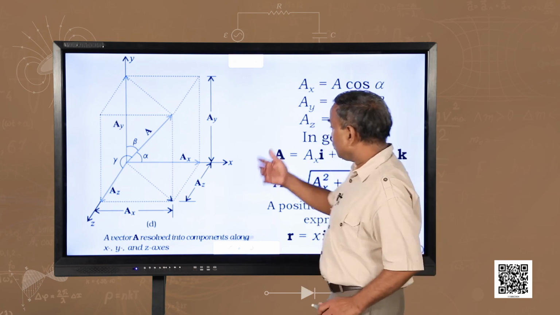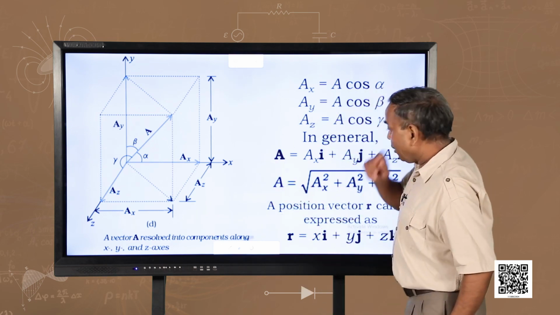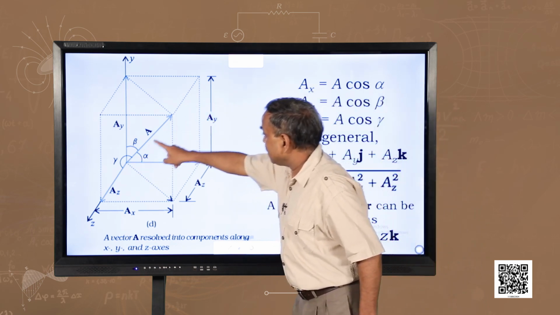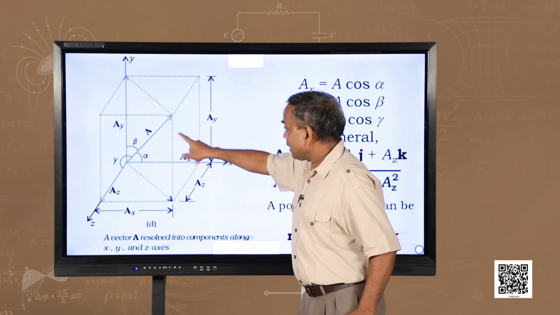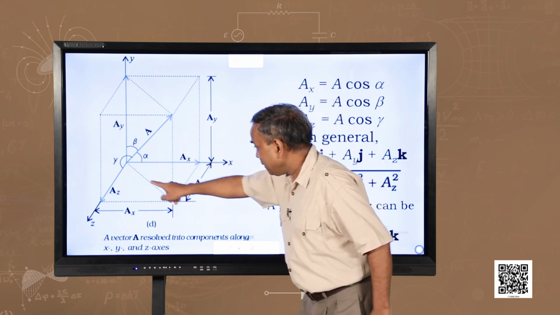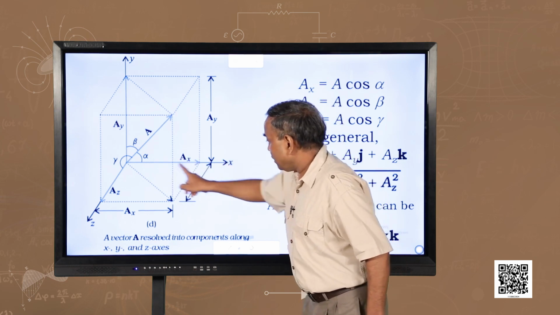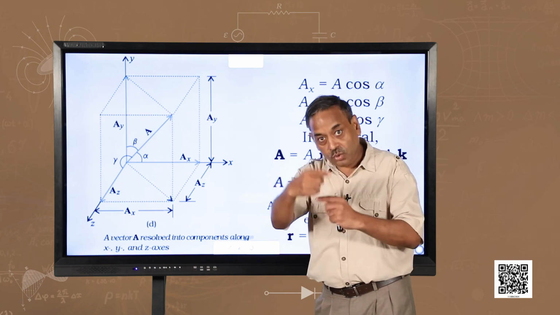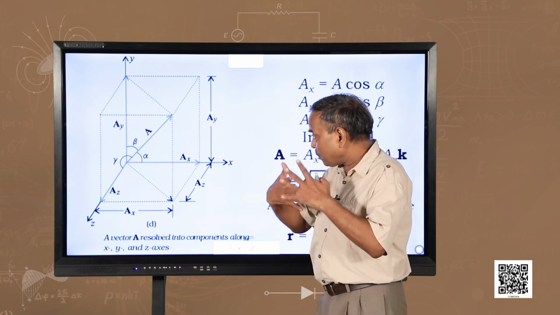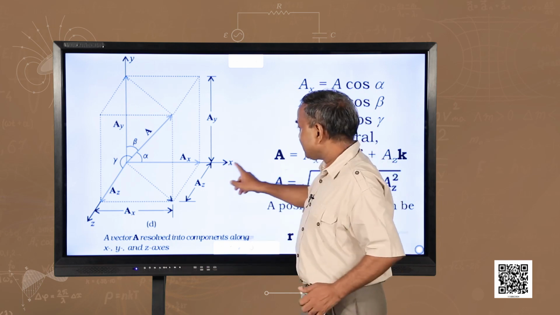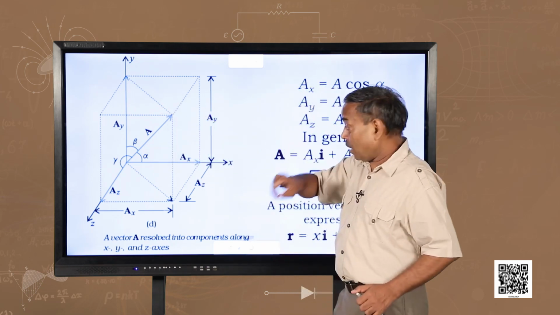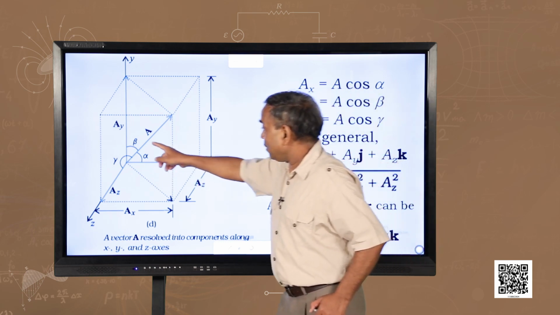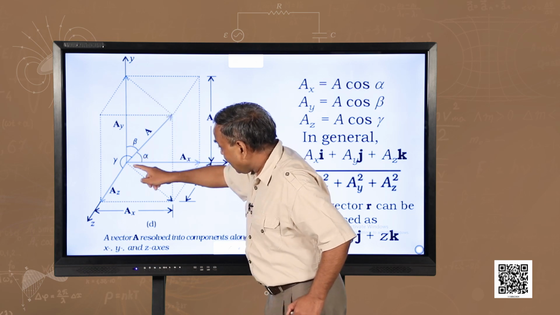Now, let us do it in the 3 dimension case similarly. In the case of 3 dimension, you see this is a vector. This vector A has a resolution here in the x y plane. I will have a better diagram to show you a little later. Let you first try to comprehend it. So, the situation is that x axis, y axis and vector A is there. Now, this vector A makes an angle alpha with x axis and angle beta with y axis and angle gamma